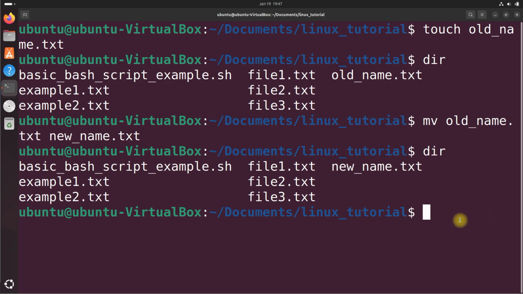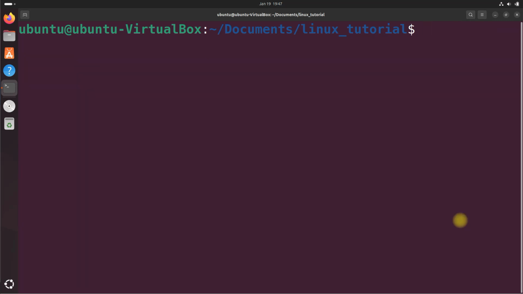Let's continue here with the next command. Let's clear everything out. And we will work with the copying command for copying files or directories. The cp command is used to do that. So cp command is used to copy files and directories from one location to another. To copy a file, type cp followed by the name of the file you want to copy and the destination